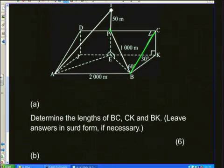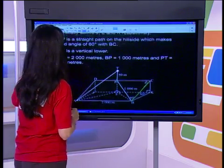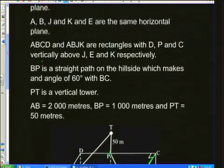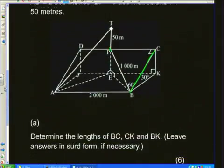And we have that this length here is 1,000, that angle is 60, this angle over here is 30, and that bit there is 50. Let's see if we're missing any information. PT is 50, and yes, the angle of inclination is 30 degrees. So we've actually got